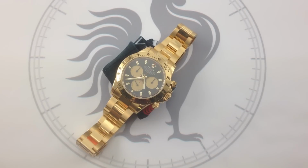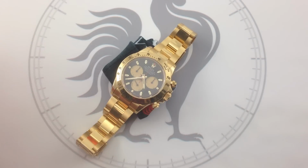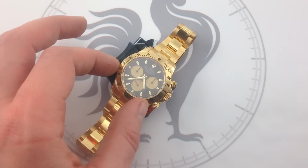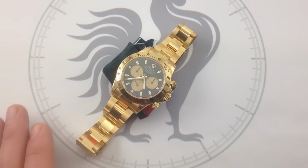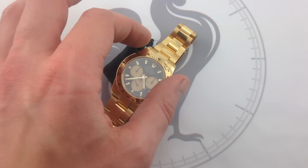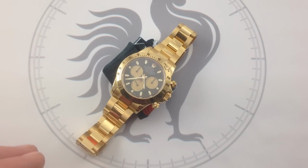His was a reference 6239, but it featured, especially in its earliest versions, a unique tritone dial that collectors, initially in the Italian market and eventually globally, associated with Paul Newman and the motorsports genesis of the Rolex Daytona model. Now, in the early 2000s, after releasing its six-digit reference in-house movement Cosmograph Daytona, which is what you see here, Rolex released in the gold examples these tritone dials that many enthusiasts noted resembled the Daytona Paul Newmans